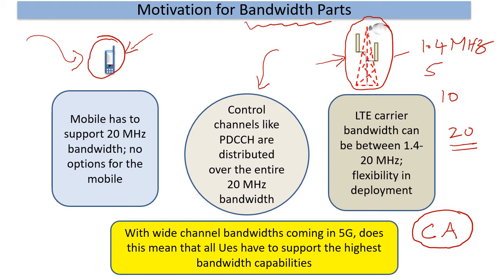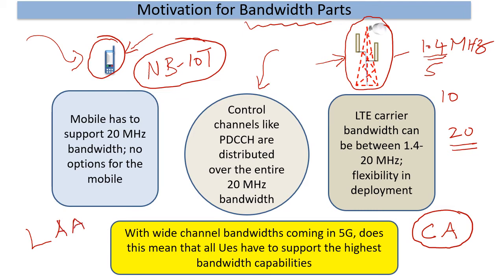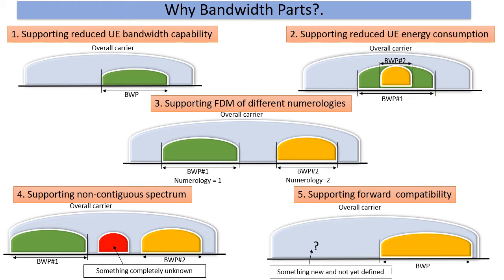Of course, there were multiple angles to this. In fact, one of the challenges that LTE faced when accommodating an IoT specification called NB-IoT was that they had to re-devise a lot of things, because NB-IoT did not even support the basic 1.4 megahertz bandwidth, and so that involved a lot of work. And of course, there were also a lot of challenges when LAA was deployed because unlicensed band has its own challenges. So keeping all this in mind, let's see a big picture of where bandwidth parts can help. Bandwidth parts can help from multiple perspectives.